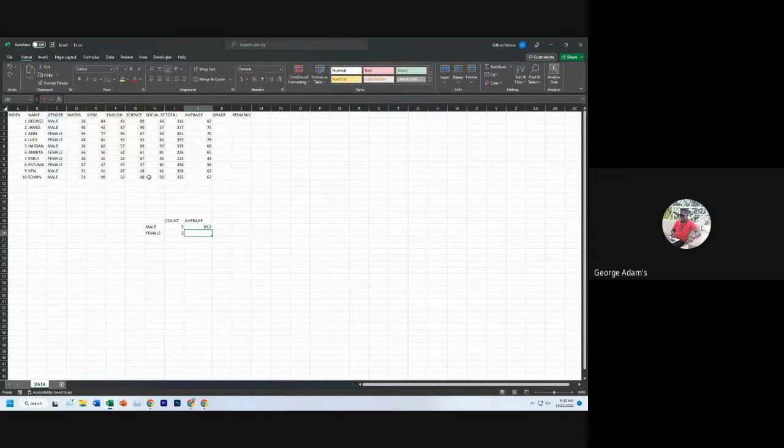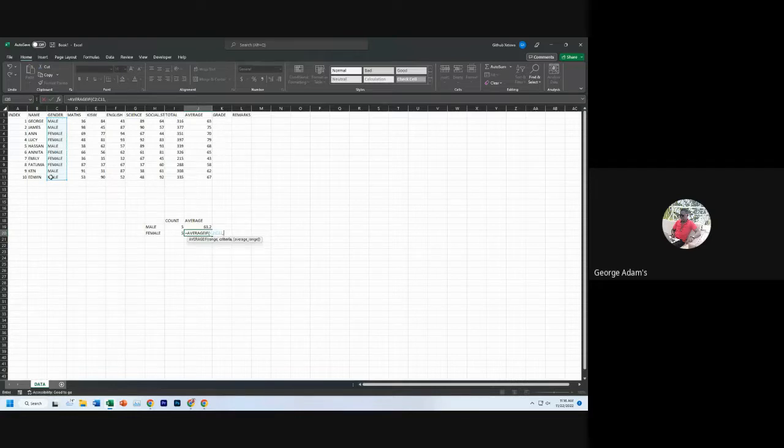I will press enter, and the average for males is 63.2. I will do the same for females. Equal sign, AVERAGEIF, range is the entire column gender,